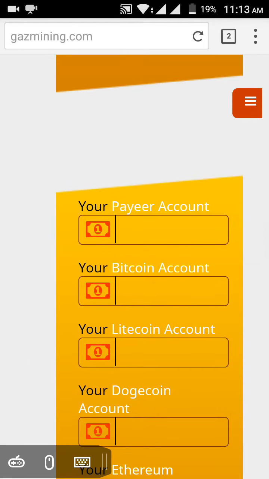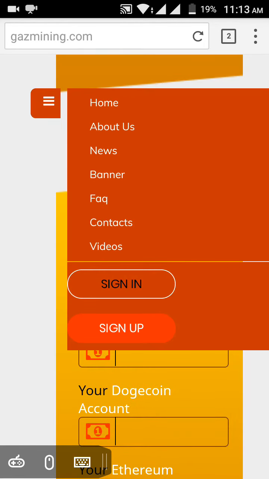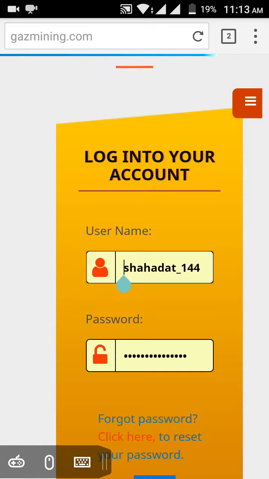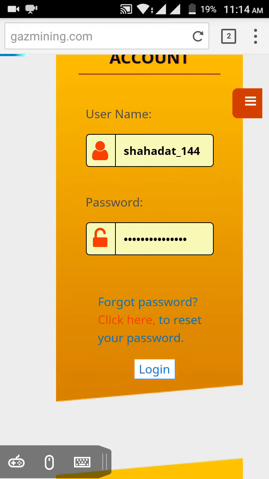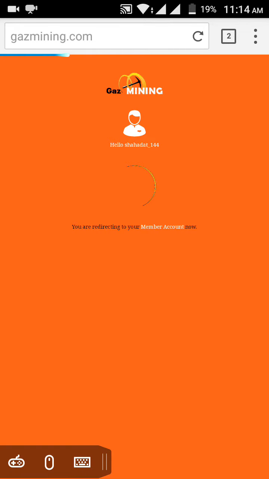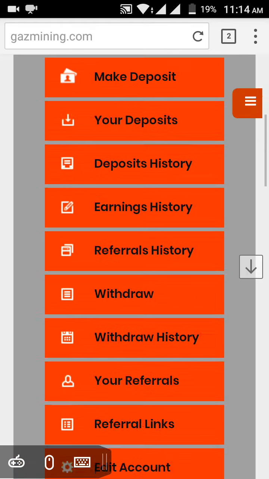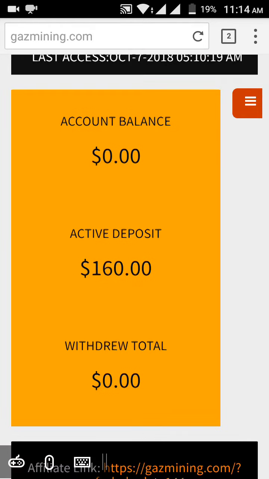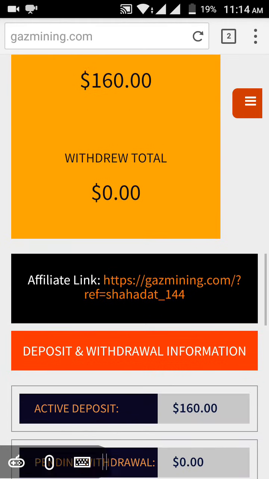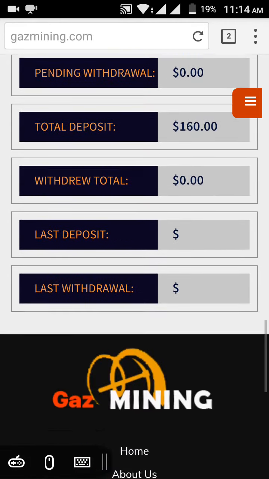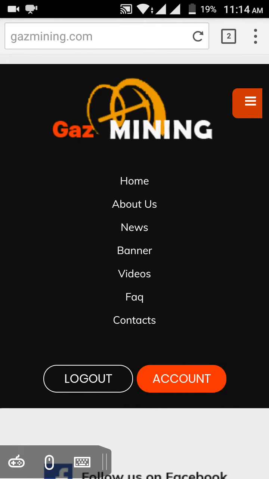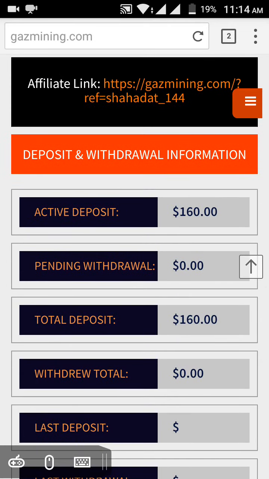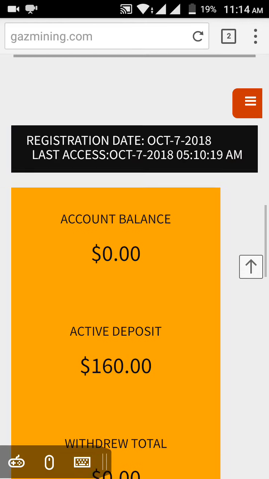Okay. So this site gives me $160. Login. You can see that active deposit of $160. Actually, when you withdraw this $160, the site says you must invest, then you can withdraw. So that's not